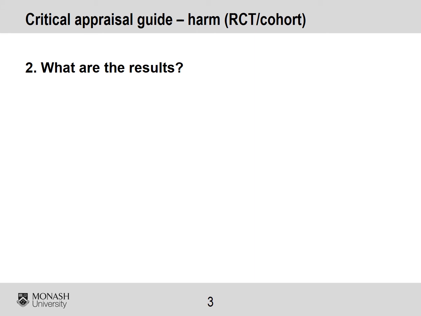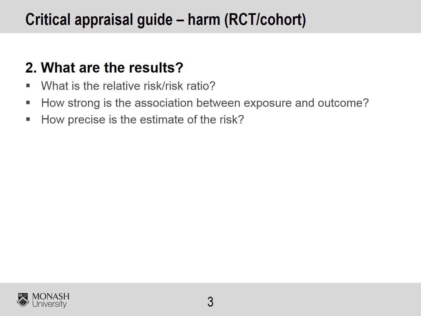So the second aspect that we're looking at is the results. Very much similar to last time, for a harm or cohort study, I want you to identify what the relative risk or risk ratio was. When we talk about risk ratio, that's when we're referring to person years. If you keep the denominator consistent as person years, you'll be able to calculate it. It might be 1.5 per 100,000 person years in terms of exposure